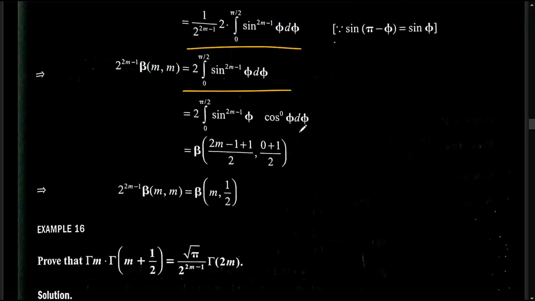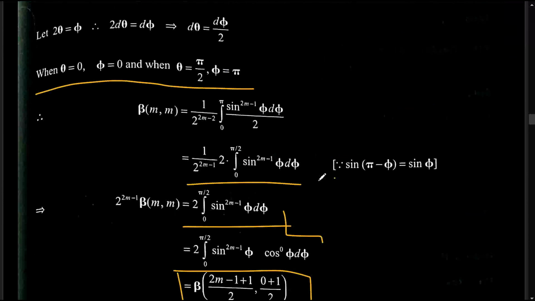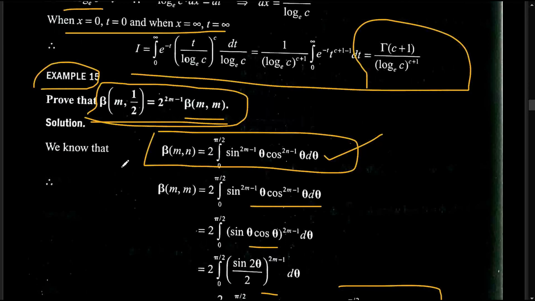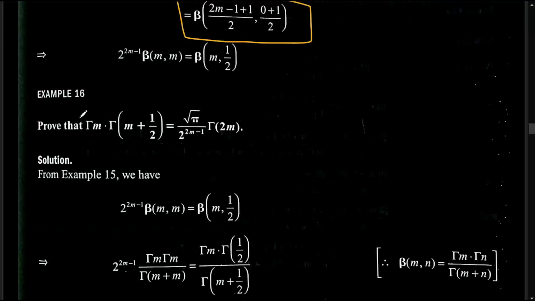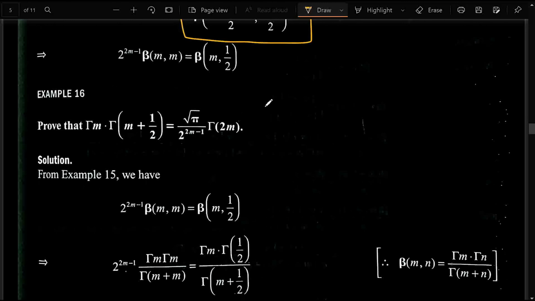Now if you look at this, it is in the form of the equation which we saw before. So we are just changing it into a beta function, and that's it, guys. We got the answer. Super simple. But this is a very important example. You can remember this as a formula. And now this is another example. By using the previous example, we are going to solve this.